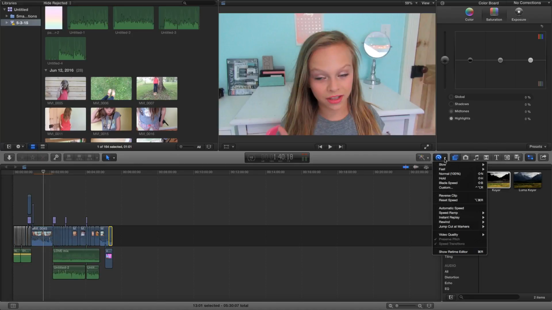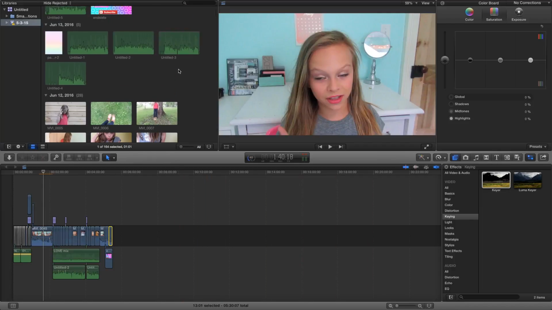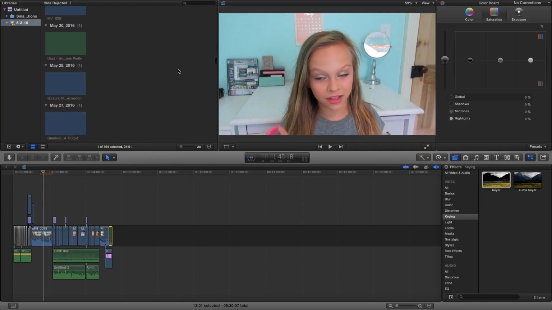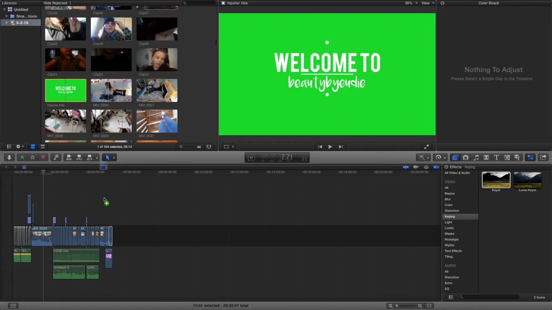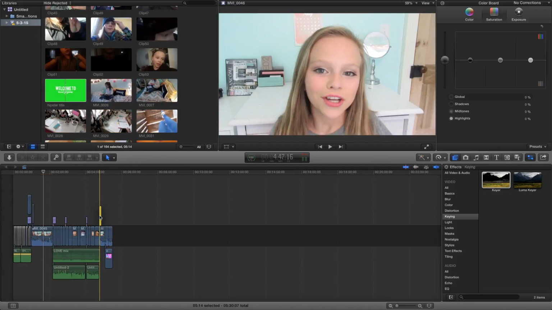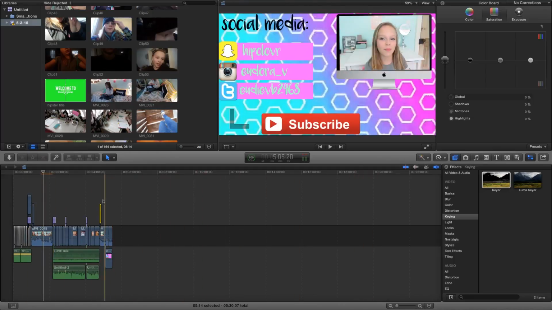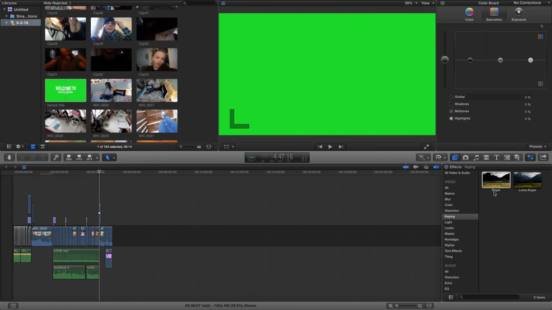This is the speed of it. So if you wanted it to be really fast, you could play with that. Over here we have the effects, which is kind of important if you're looking to do green screens. So say I had a green screen that I really wanted to use, like this one. All I would do is add it into my timeline wherever I want it to go, obviously, and then we're just going to click on it. Then you're going to go to keying, the keyer, and you're just going to,